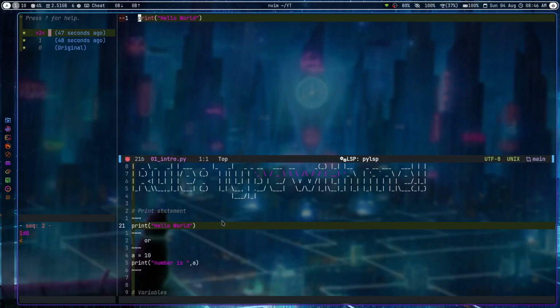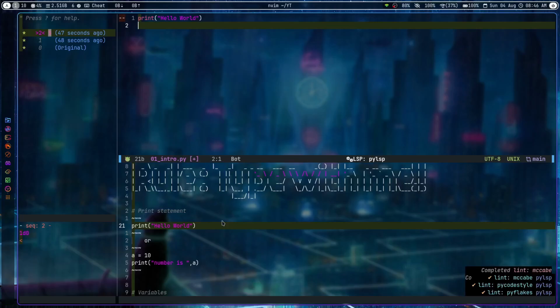Now I told you about print. What this print statement is doing is giving me messages, whatever message I write here, it would give me those messages. And now suppose I want to do something different, like I don't only want to print hello world, I want to print some kind of number too. So I can write